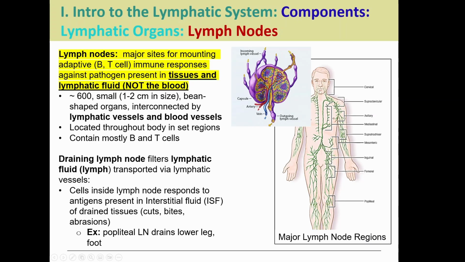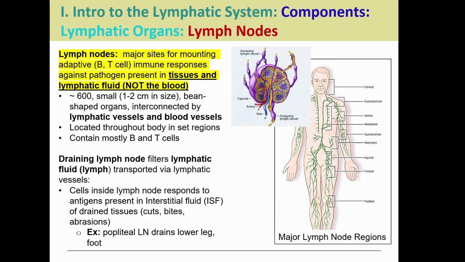The reason I bring them up is sometimes when people get certain cancer treatments, the lymph nodes are taken along with it. A good example of that is when someone has breast cancer. They may have some of the axillary lymph nodes removed as well as breast tissue removed. So we find these in these set regions. Again, they have a lot of B and T cells there. Those are the main types of cells we find inside of them.